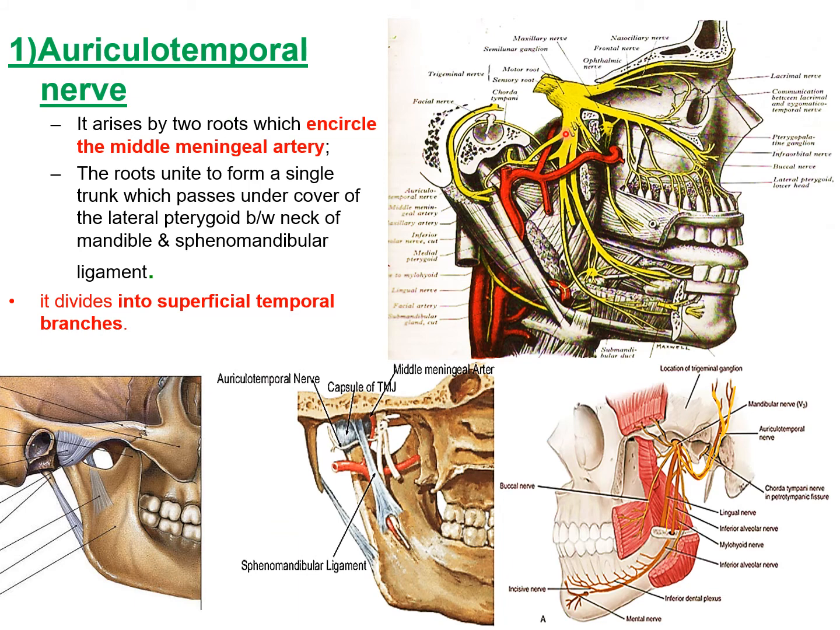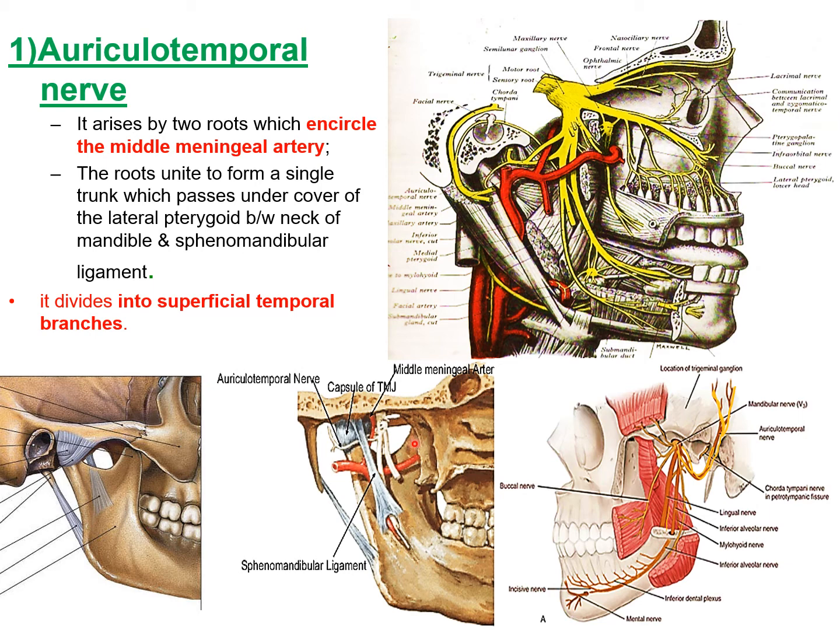The auriculotemporal nerve is a branch of the posterior division of the mandibular nerve. It arises by 2 roots which encircle the middle meningeal artery. The middle meningeal artery is derived from the first part of the maxillary artery. The 2 roots of the auriculotemporal nerve unite to form a single trunk which passes under cover of the